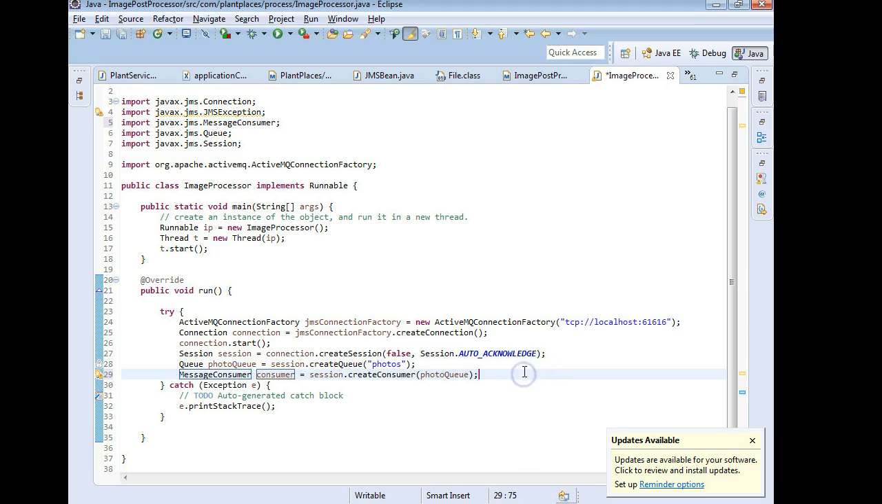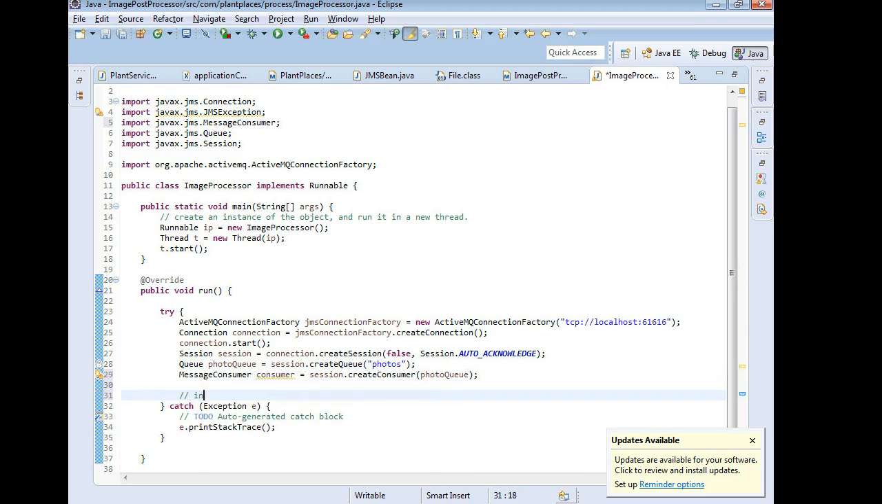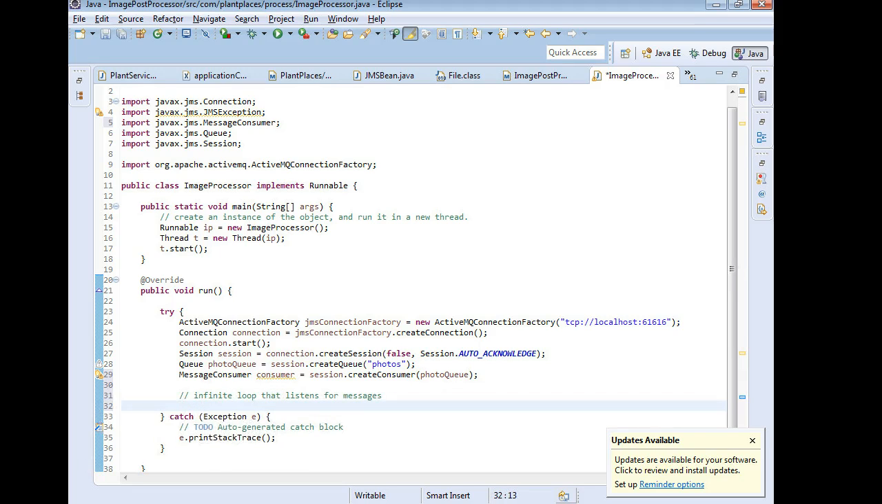Now, what I'm going to do is I'm going to have an infinite loop that listens for messages. So that's why we like to do this in a separate thread, so that we can have kind of an infinite loop here that is going to be continuously listening for messages because it never knows when it's going to receive one. So we'll simply say while true,